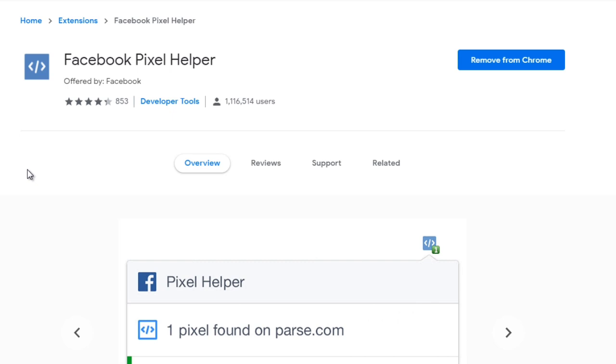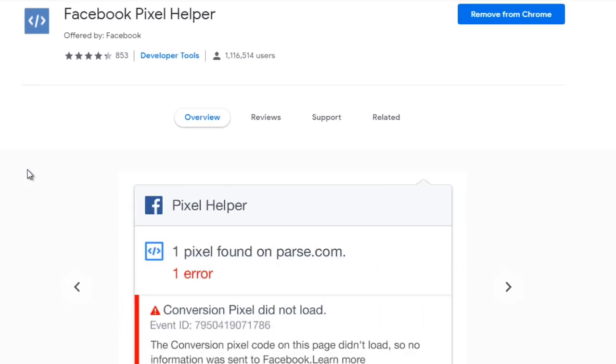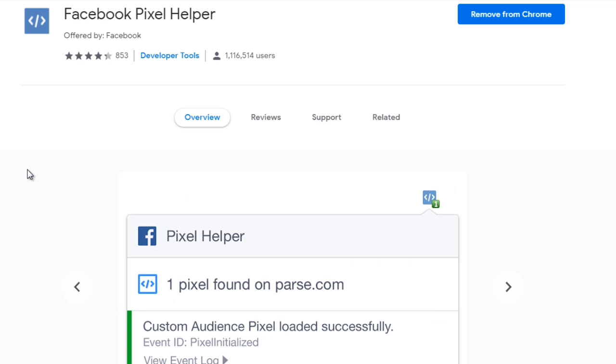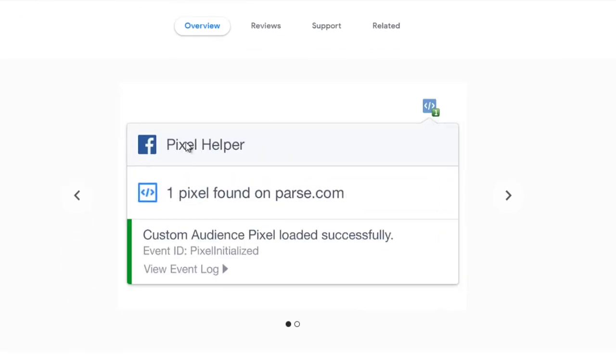So this is another free plugin for Google Chrome. And if you're using other things like Safari or Firefox, you can probably Google Facebook Pixel Firefox or Facebook Pixel Safari. But for Google Chrome, this is what we use. All you have to do is install it, and as you can see down here, you're going to see this icon. And on any web page that you visit in your funnel, if you click that, it should say that the pixel